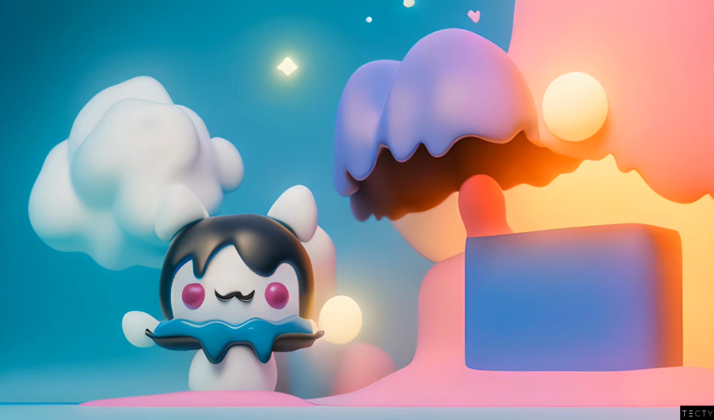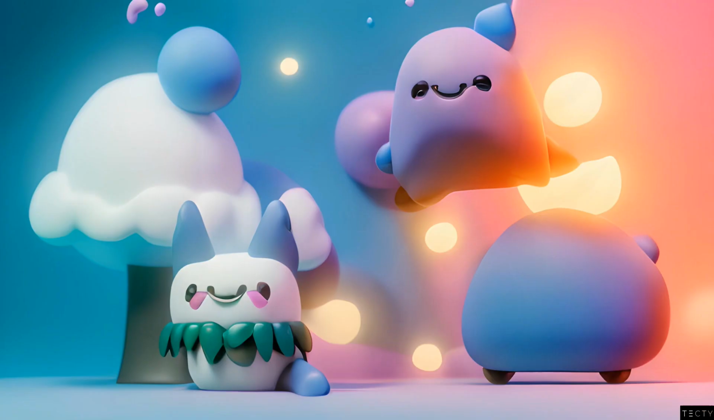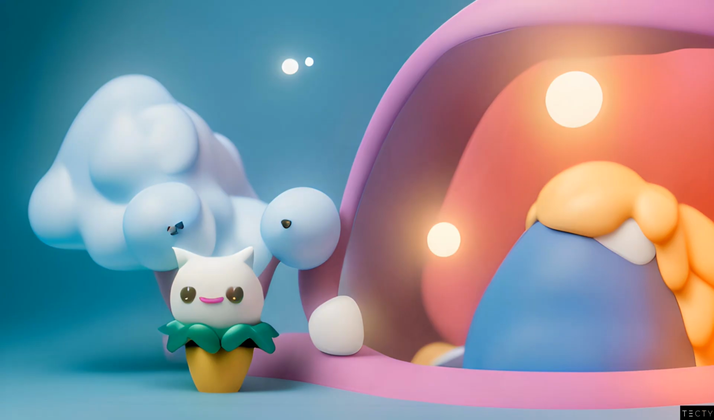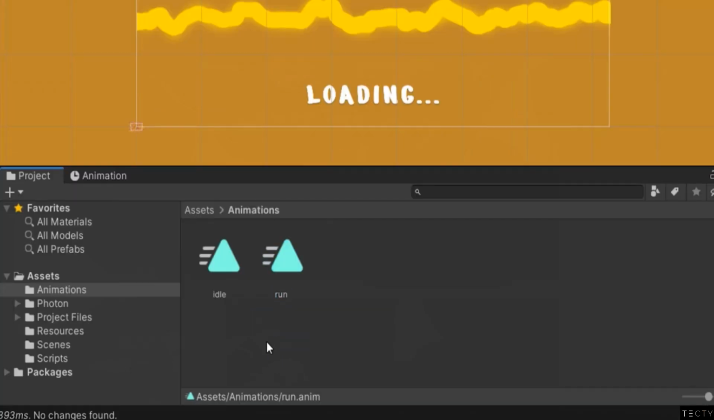In this video we'll add some animations to our player character to make him look more alive. You'll see that the process of doing this for a multiplayer game is almost identical as for a single player game. So in between videos we just went ahead and created two simple animations. An idle animation for when our player will not be moving,